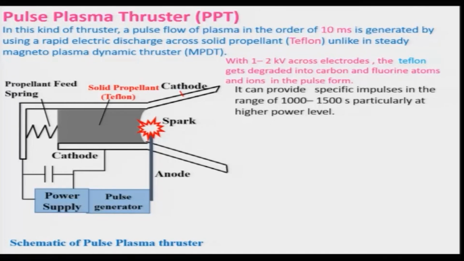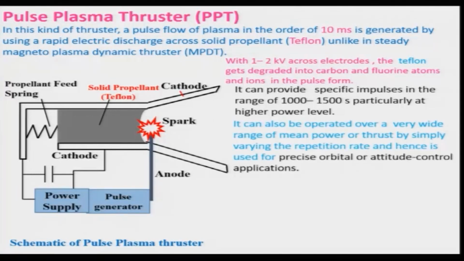Of course, the specific impulse is a little low, particularly at higher power level, and it can be operated over a wide range of mean power or the thrust by simply varying the repetition rate of the pulse, and hence is used for precise orbital or attitude control applications. Keep in mind that this is being used very much because of the fact that the electrode erosion due to the high voltage and the power level won't be really much, as the erosion rate between the cathode and anode in case of plasma thruster is being reduced